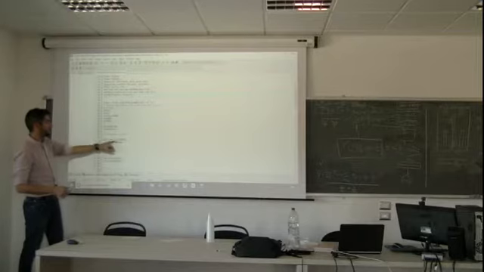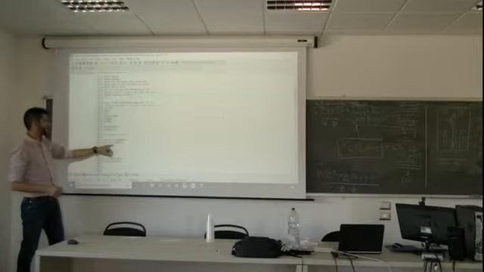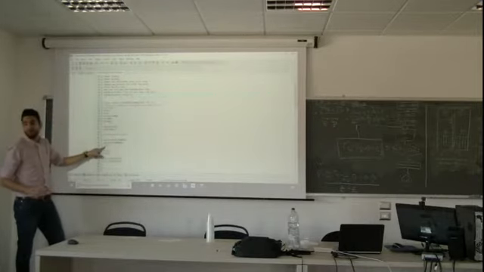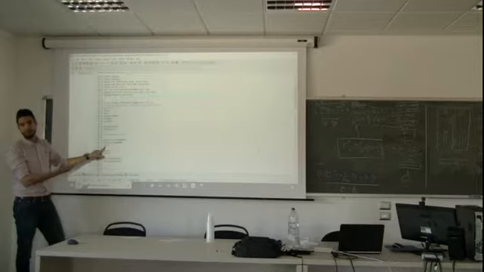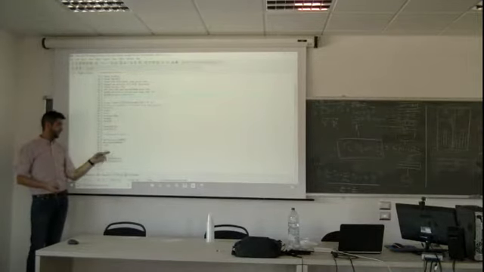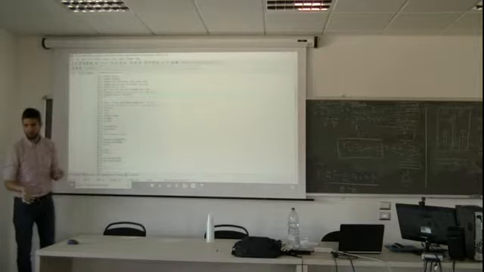Now we define maximum error 10 to the minus 7, for example, and maximum number of iterations, in this case, 1 million. I put 1,000 here, now it's 1 million. And relaxing factor equal to 1, because it's a very simple case. But we can put 0.9 if you want. Actually, we will play a little bit with that. And number of nodes, N 10, M 10. After every command, you have the semicolon. So in C, after you assign a value, you put a semicolon.